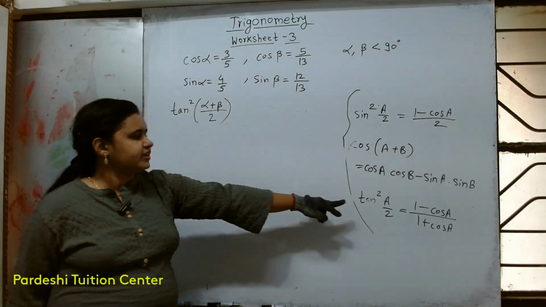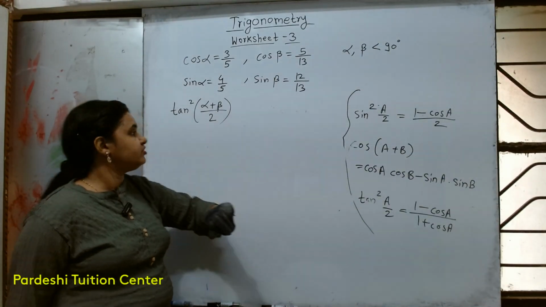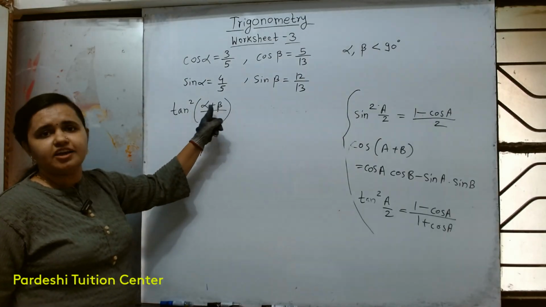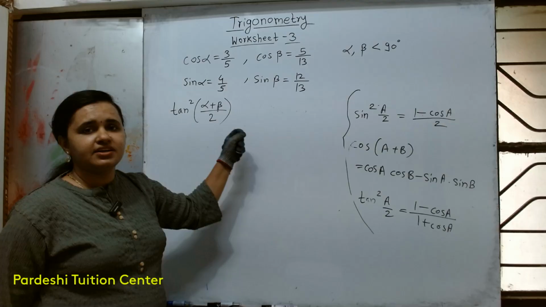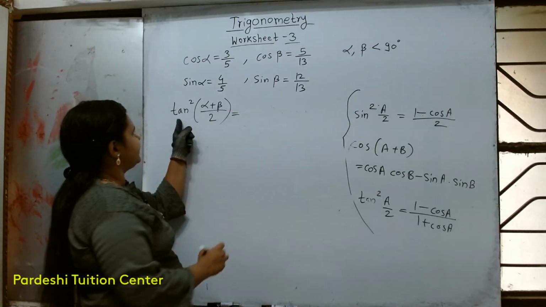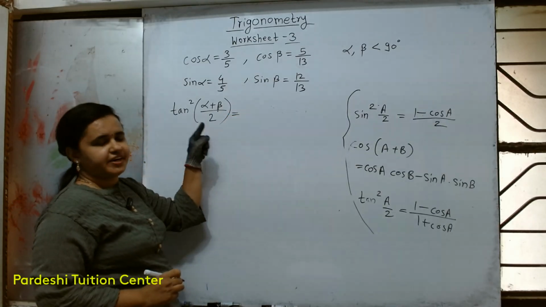Tan square A by 2 is 1 minus cos A upon 1 plus cos A. If we consider this alpha plus beta as A, we can put that formula in this. So tan square A by 2, that is (alpha plus beta) by 2, will be